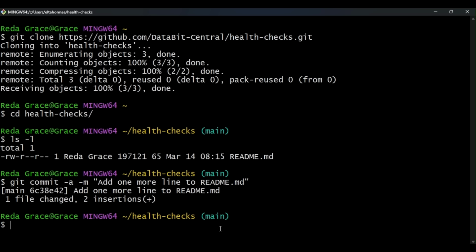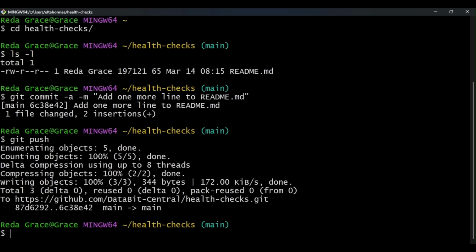We can send our changes to that remote repository by using the git push command, which will gather all the snapshots we've taken and send them to the remote repository. In this case, we've only taken one snapshot. We'll talk more about what's going on behind the scenes with git push and remote repositories later. But the mechanics are pretty simple. To push our modified README up to GitHub, we'll just call git push.